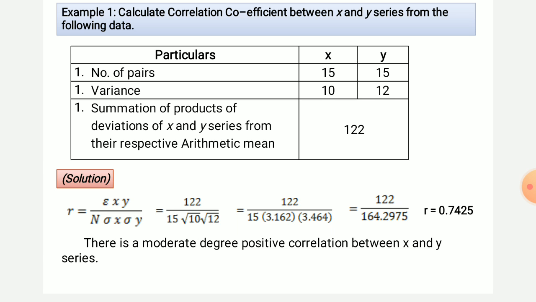So having these values, we can calculate the correlation coefficient by applying the formula: r is equal to sigma xy divided by n into sigma x into sigma y, equals 122 divided by 15 into root 10, 3.162, into root 12, 3.464, equals 122 divided by